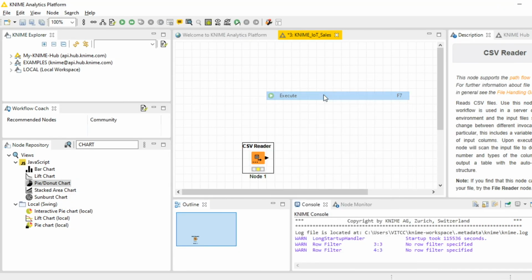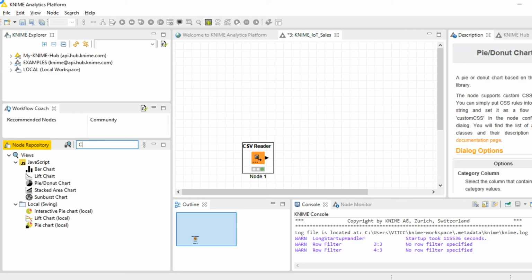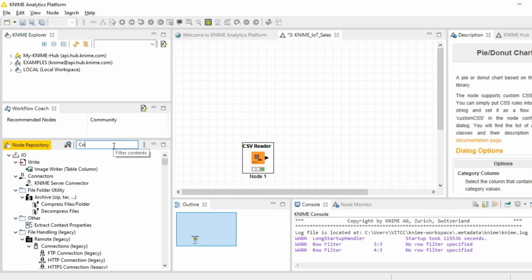So I'm just going to give execute in order to convert it into the node file table. Okay, so now you could see the color has been changed to green. So now I have done with the CSV file. Now I'm going to search for column